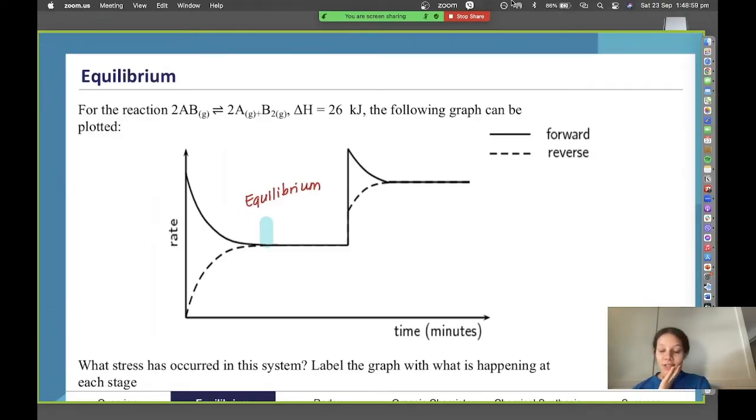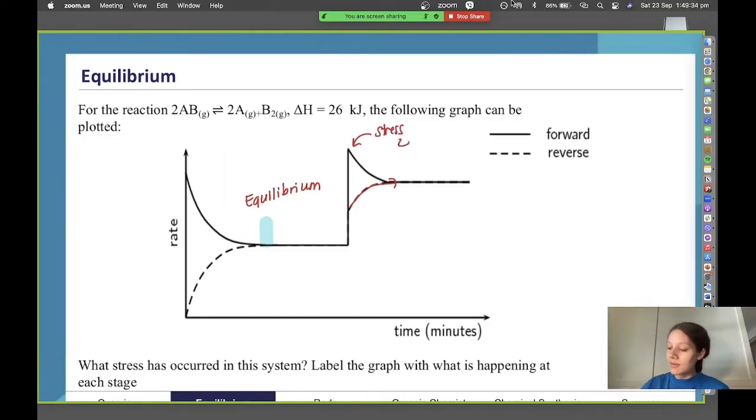So what this is suggestive of, because our reverse reaction is kind of just following and catching up to the forward reaction. So here we can consider, well, what would make the forward reaction spontaneously occur a lot faster? And that's most likely going to happen from an actual change in concentration. So these rate graphs are a little bit more difficult than the typical concentration graphs, and I wouldn't say that they're very common. But for here, we can say that we have stress.